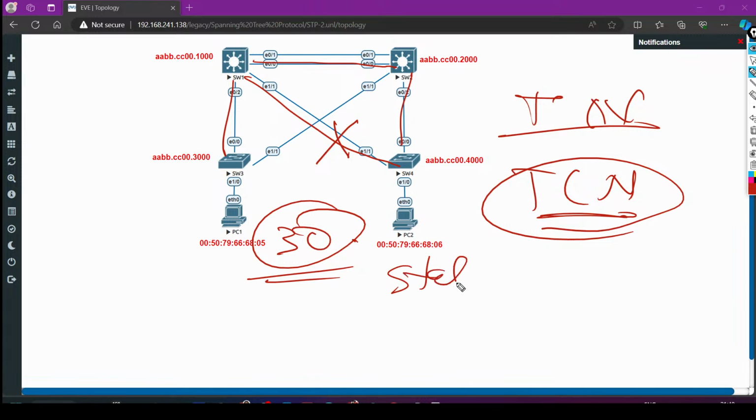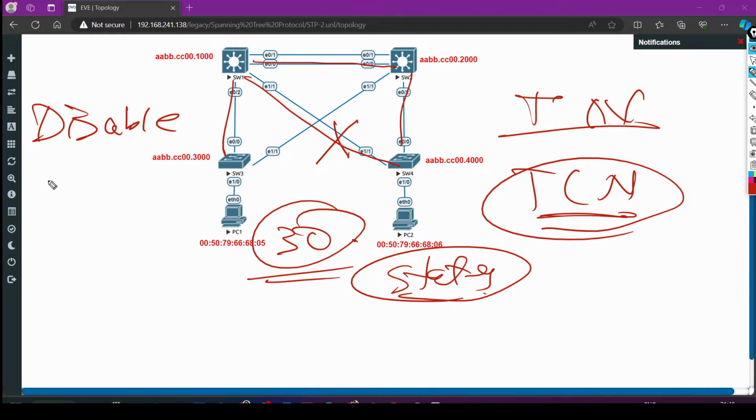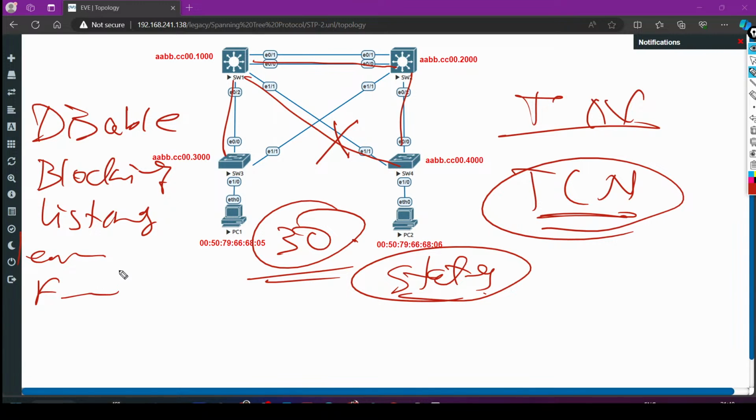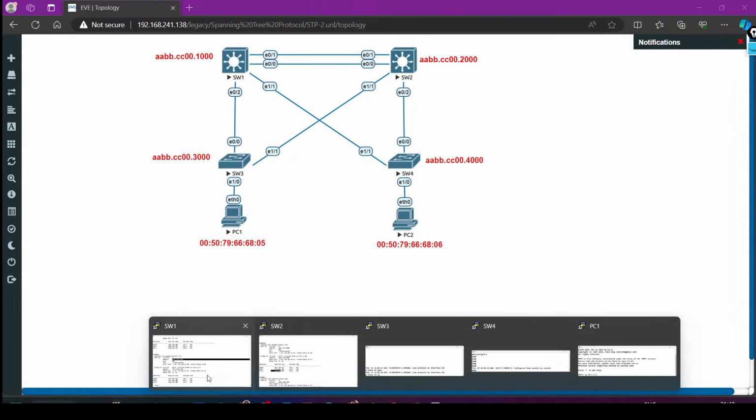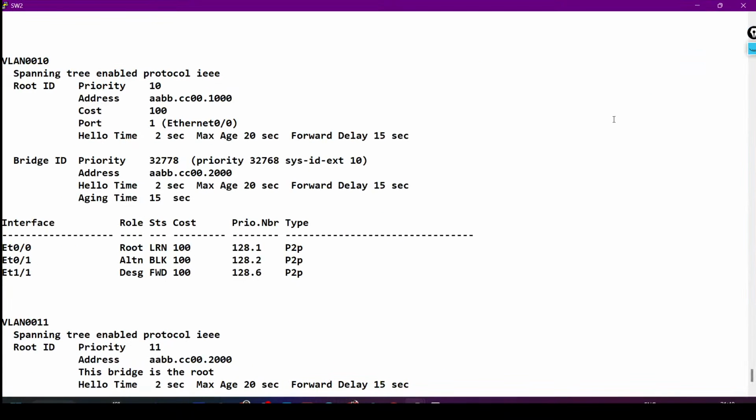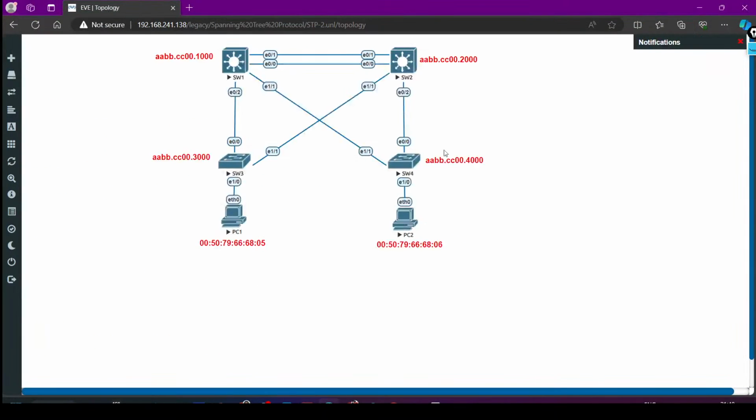So we will discuss the states, how many states there are, like disabled. We have the state disabled. This is like OSPF neighborship states: blocking, then listening, then learning, and then forwarding. So you can check it on any switch. If I bring down one interface, let's say on switch number 2 or on switch number 3,